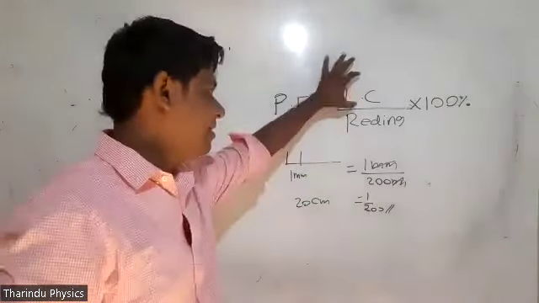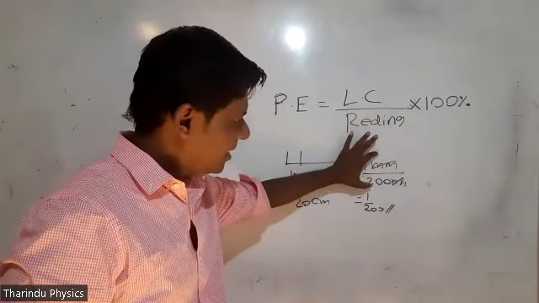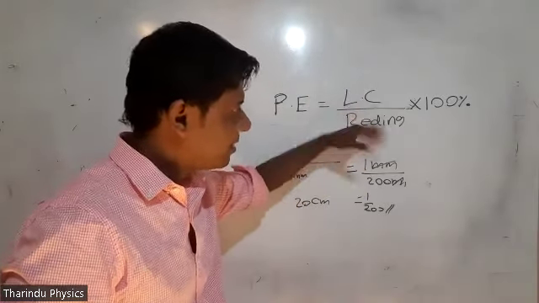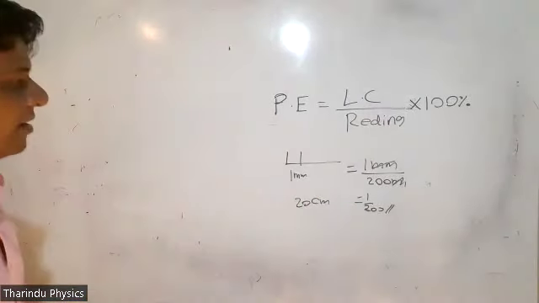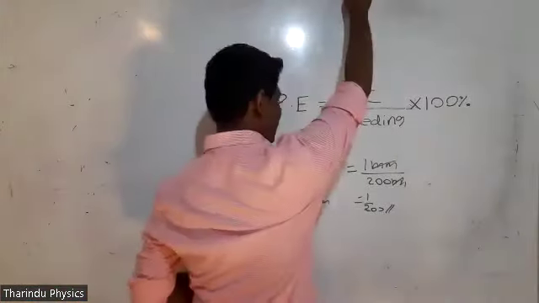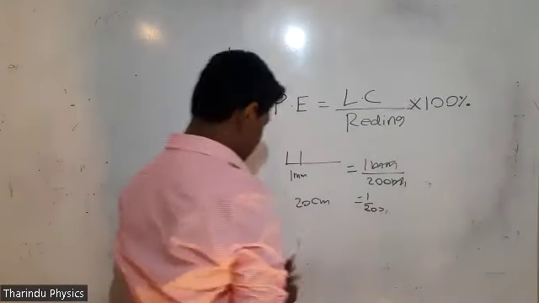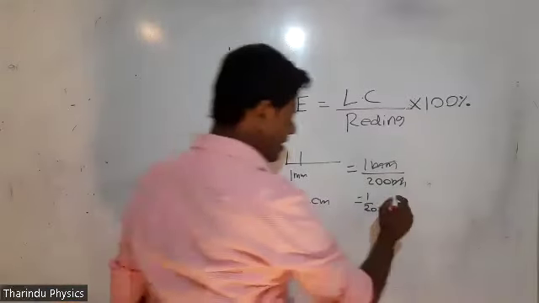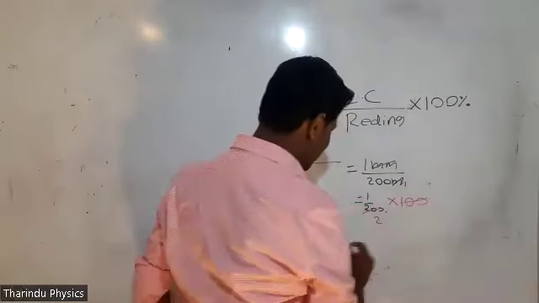In the same way, for the fraction of whatever least count and reading, you multiply that by 100 and you get the percentage error. So I am going to multiply this fraction by 100 and see what my percentage error is. It is